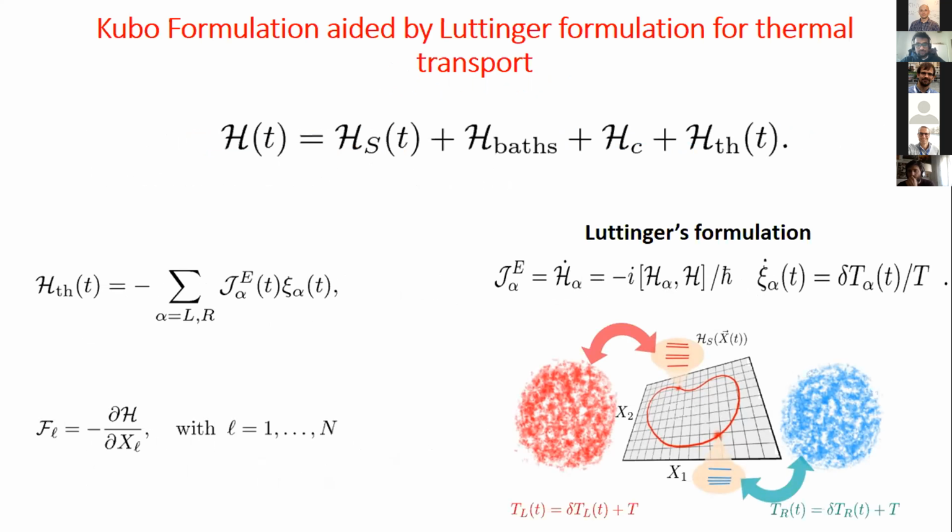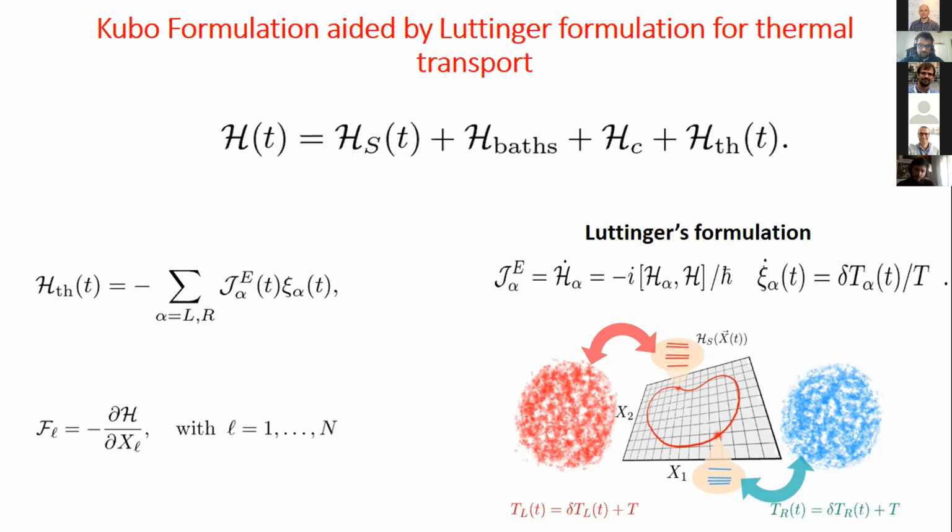I would have to get the expressions for the thermodynamic parameters. So I would like to use the linear response theory, since we are considering adiabatic dynamics, and we only consider linear response also in the sense of thermal bias. So we have a very small thermal bias, in the sense that delta T is very, very small compared to T. So we use the Kubo formulation, and we also use the Luttinger tricks to use Kubo formulation for thermal